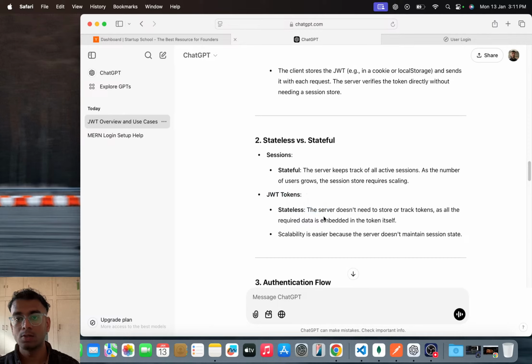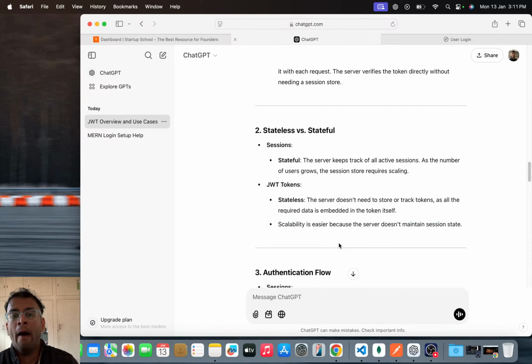The client stores them, so the headache is on the client's browser. All the required data is embedded in the token itself. Scalability is easier because